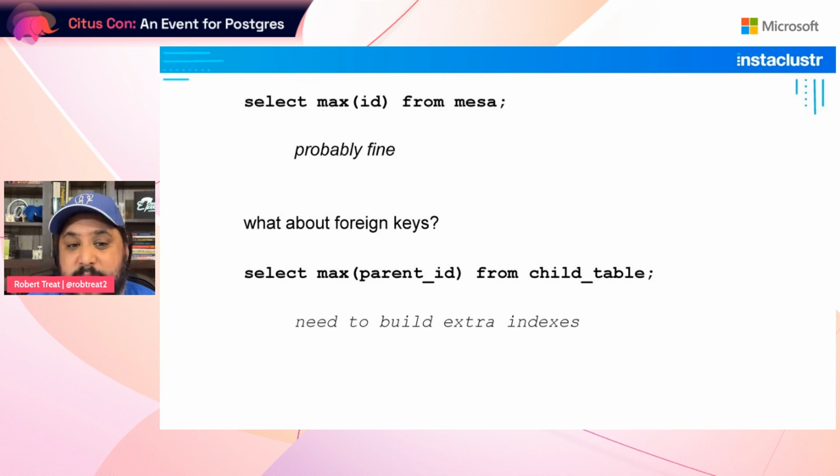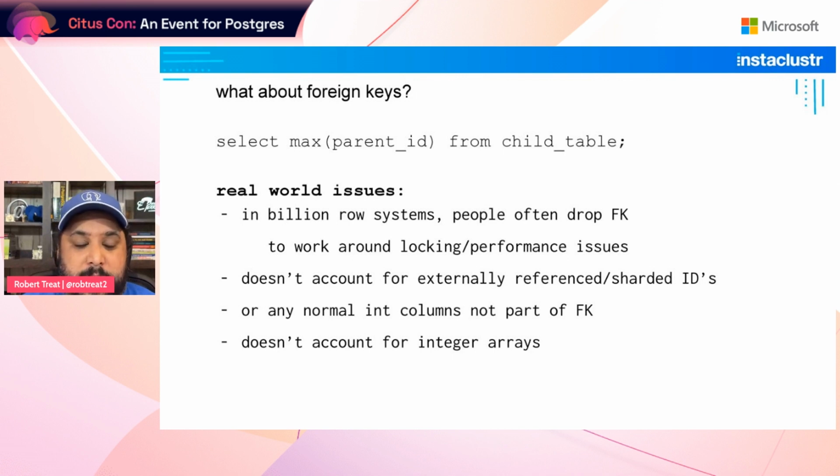And generally that's because on insert, you really only need to look up in the parent table, not in the child table. So we don't build the indexes from a Postgres standpoint, to save you a little bit of overhead. If you're going to run queries like this, you're definitely going to need to put those indexes in place. So that may be a good reason not to do this, or maybe a problem if you want to try to do it. There's other cases and other issues around this.